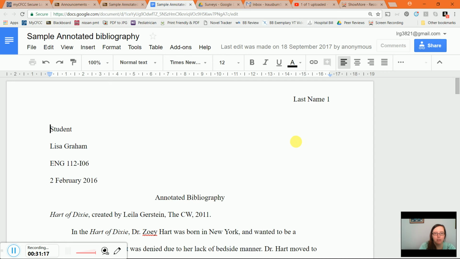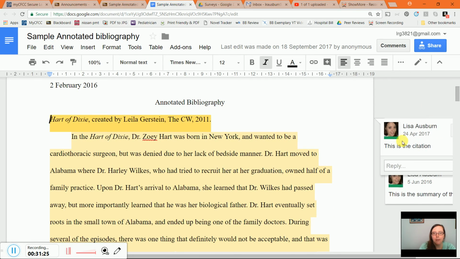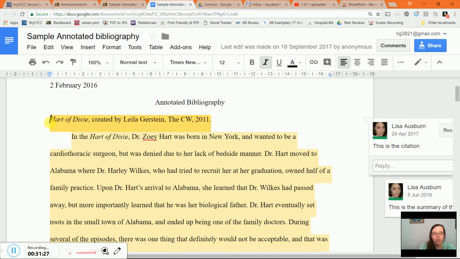Go smaller. Yeah, there they are, so that you can see the various elements. Like this comment is associated with the citation here, where we've got the TV show Heart of Dixie, information about the creator, the channel that it was aired on, and then the year that it was aired.